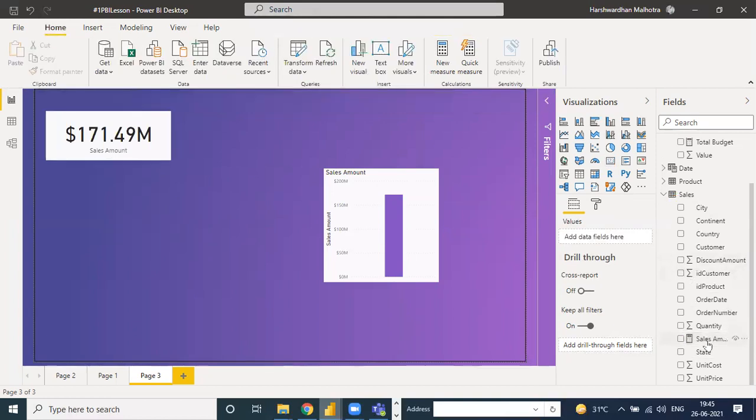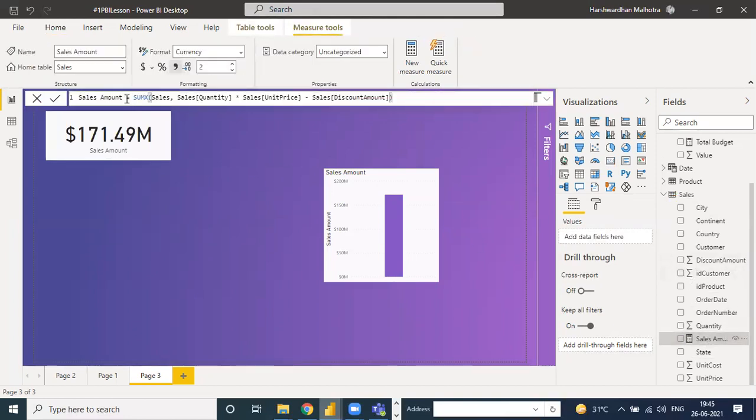These are the formulas used in DAX: SUMX, and which table do we use? The sales table, and from the sales table the expression, quantity times unit price, minus sales discount. Suppose there is no discount, then we don't subtract; we can just close the bracket here and make the total sales amount.